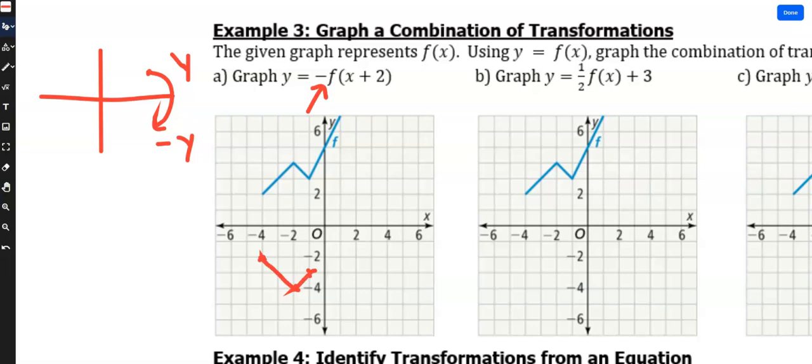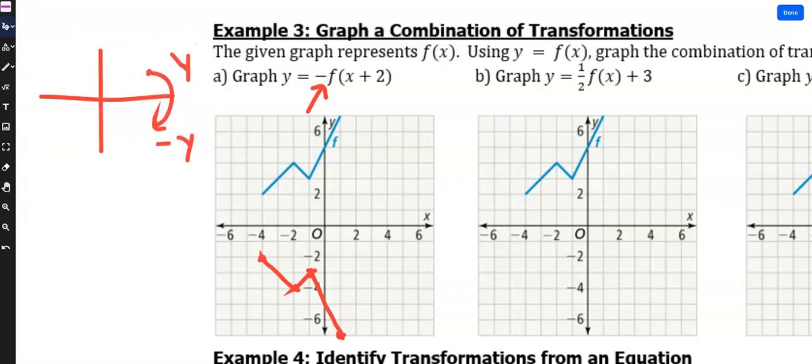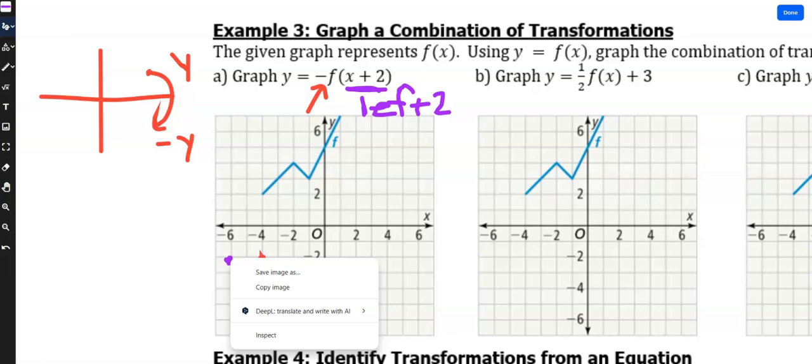Okay, and then there's a point way up there at 1. So right here. Okay, so that's what we got first, right? That's your reflection. All right, but now we want to do this, right? This is left 2. So the whole graph goes over